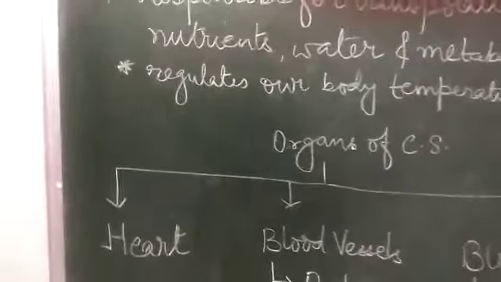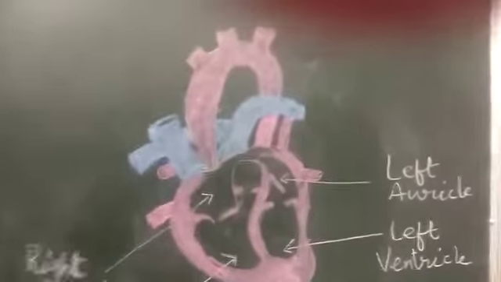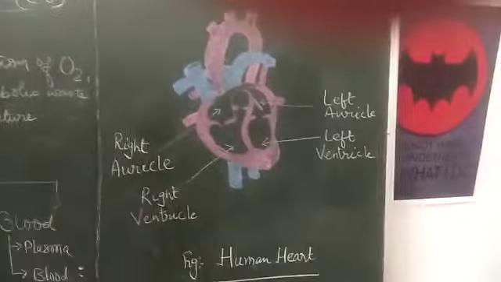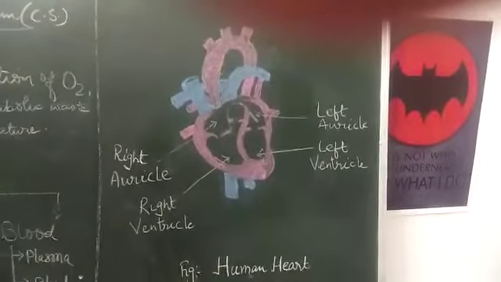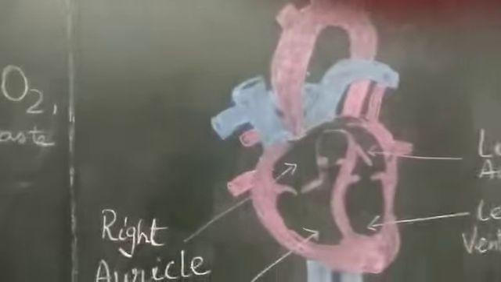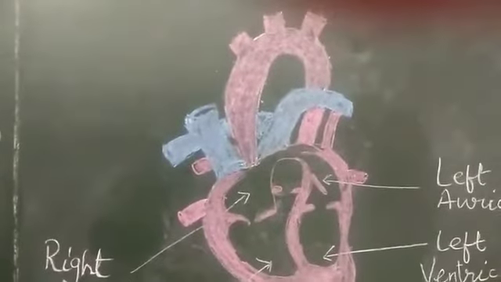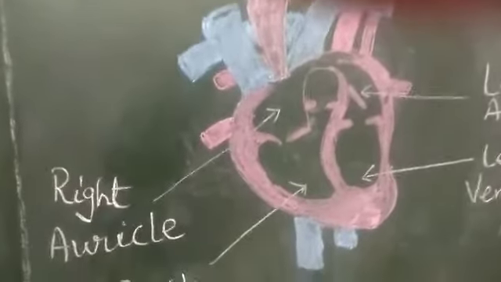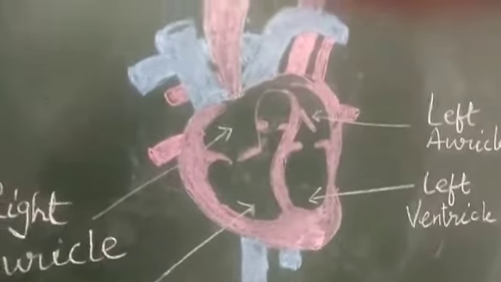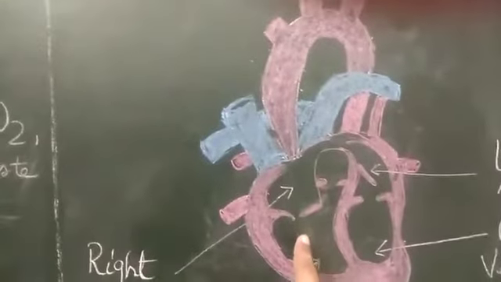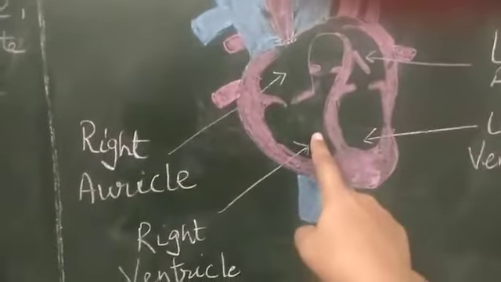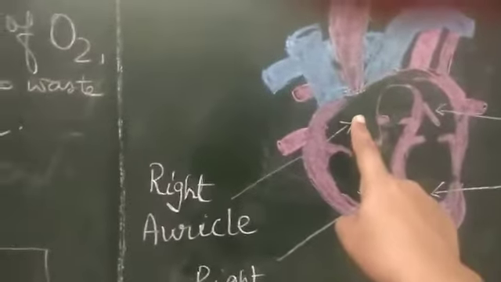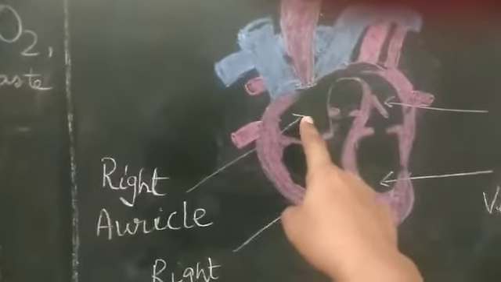If you want to know this, then I am going to show you this diagram. This is the diagram of the human heart. You can see this human heart. Okay. So the human heart is built like a double-story building with two chambers in each story. On the lower side, there are two chambers, the right ventricle and the left ventricle. In the upper side, there are two chambers, the right auricle and